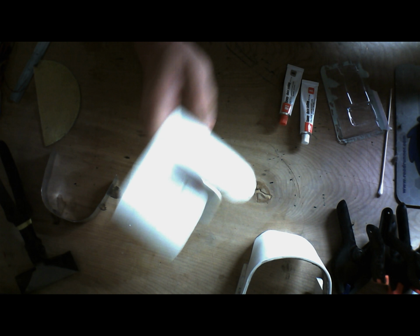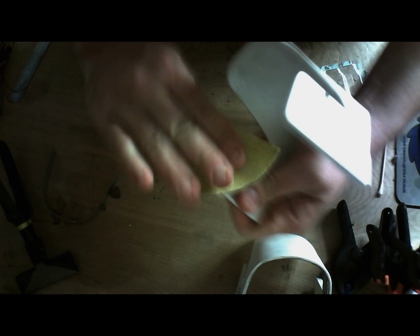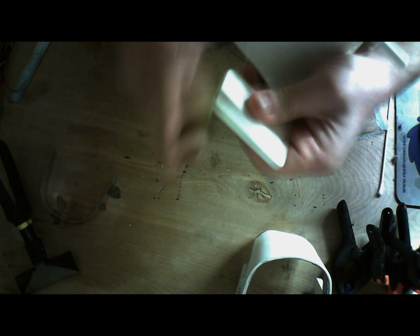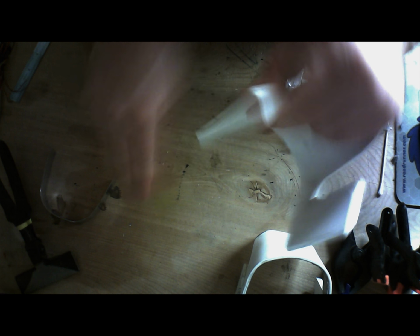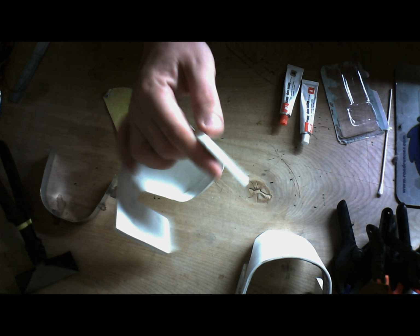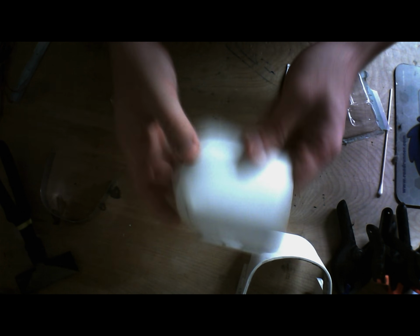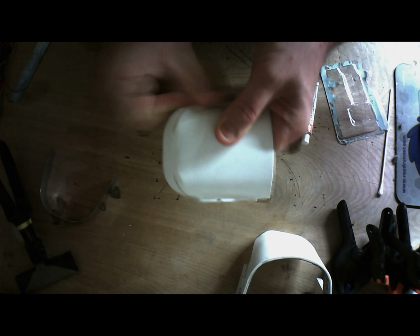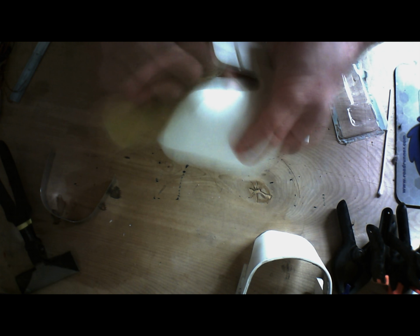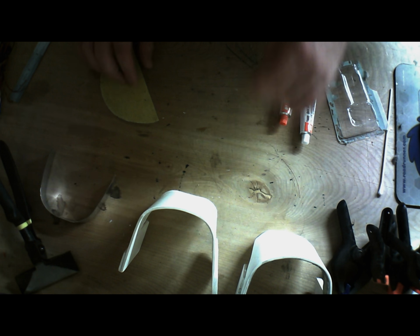All right, so we've got all of our epoxied areas here sanded down. We've got our edges, and we've sanded those. Got those all nice and sanded down. Now, it's very important that you do sand down the edges on these knee plates, on any piece of Sintra armor, honestly. You need to sand these edges down so that they're soft, rounded edges, because Sintra can cut you. It is a fairly sharp material. It will cut you. You don't want to get cut by it. I've been cut by Sintra. It will slice through skin like a hot knife through butter. So you don't want to be in that situation, especially when you're in kit. You want to make sure that everything is nice and soft edges, and you will be completely good to go